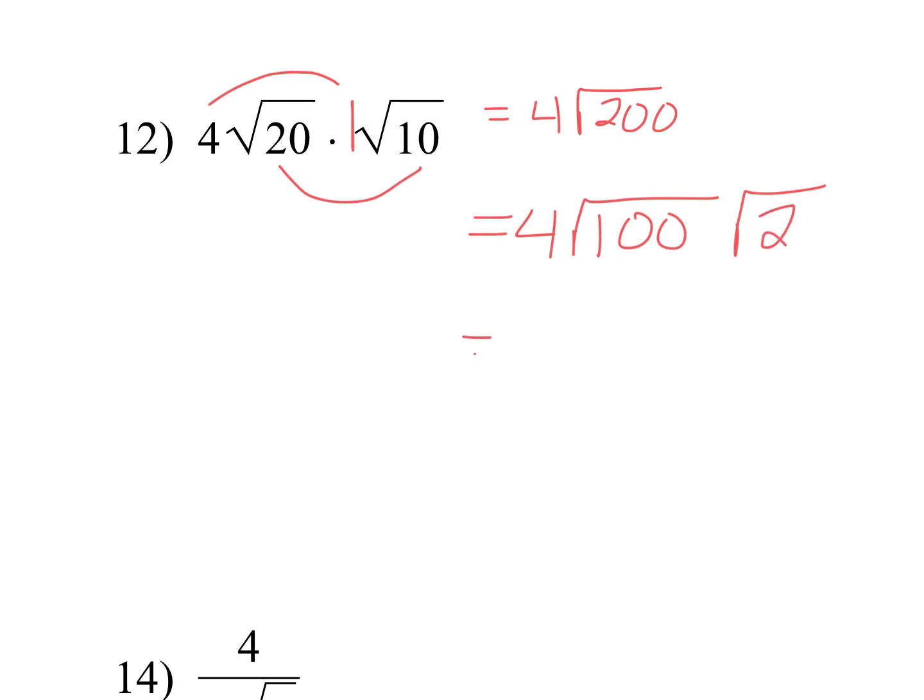So now simplify. We keep the 4. Don't lose your whole numbers out in front. What's the square root of 100? 10. And then we tag on the leftovers. Last step I need to do. Multiply them together. 40 square root of